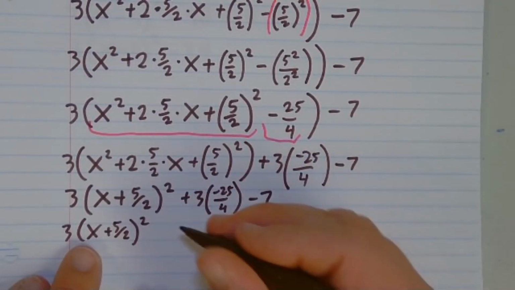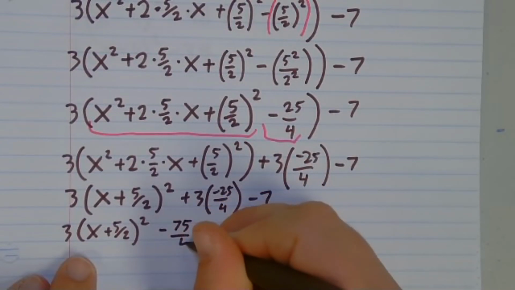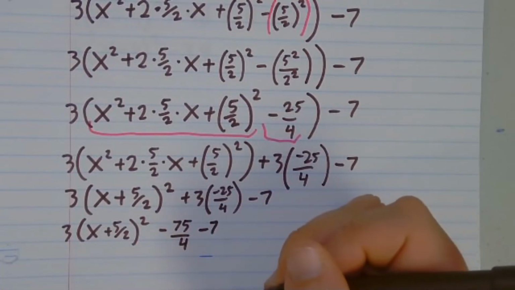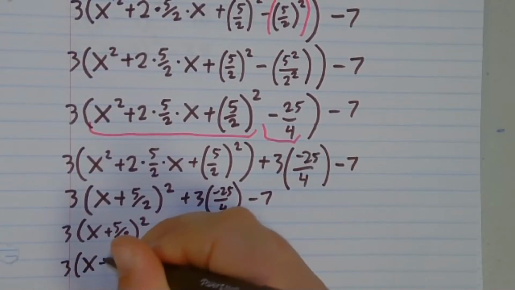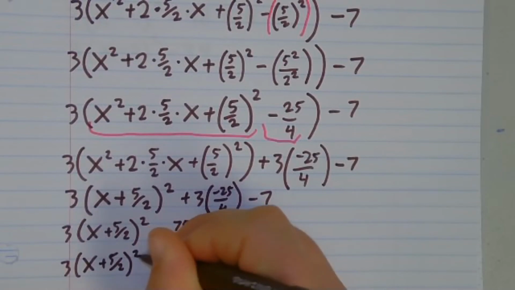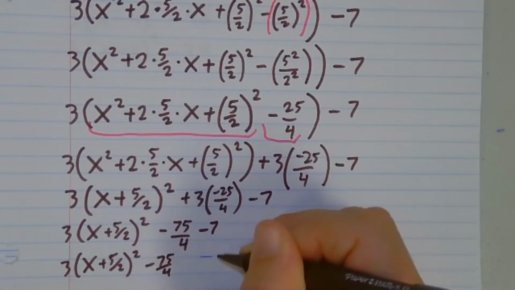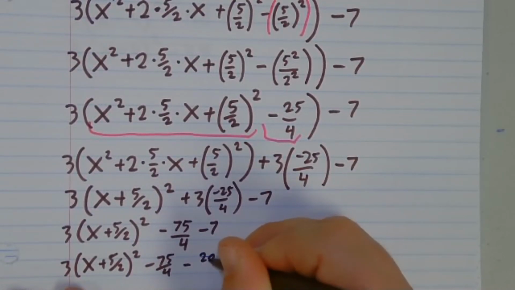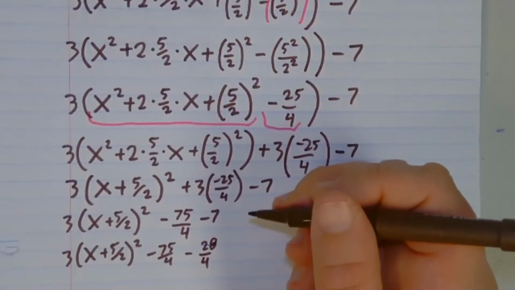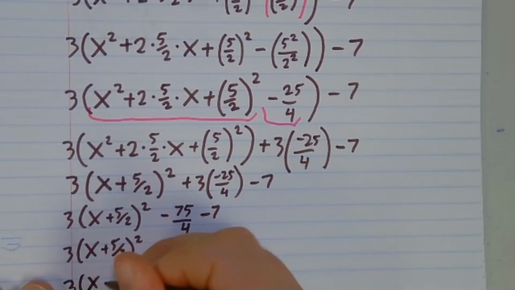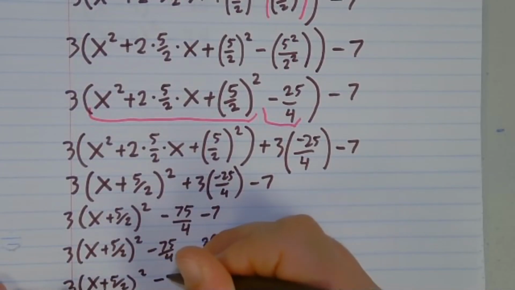3 times negative 25, so that would be negative 75 over 4 minus 7. Then I will need to get a common denominator with this, so I will need to multiply 7 by 4 and get 28 over 4. So I have negative 75, and I take away 28, and I get negative 103